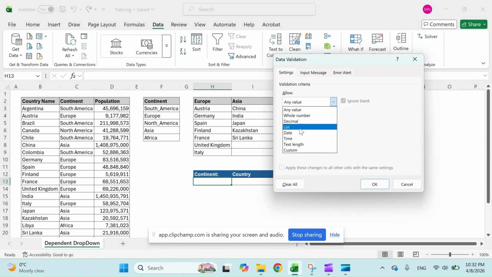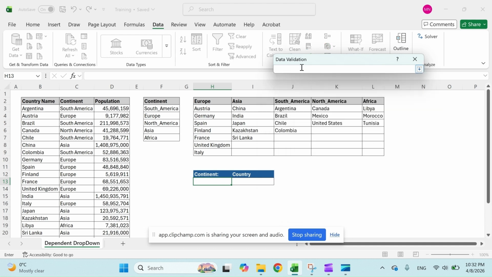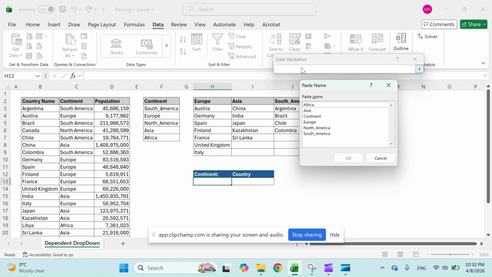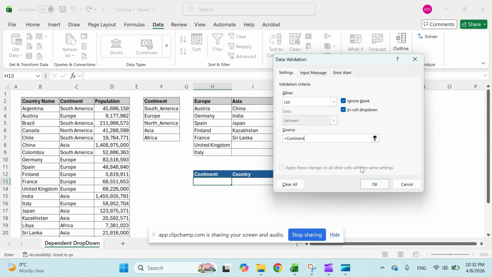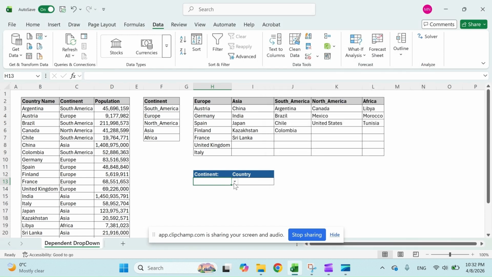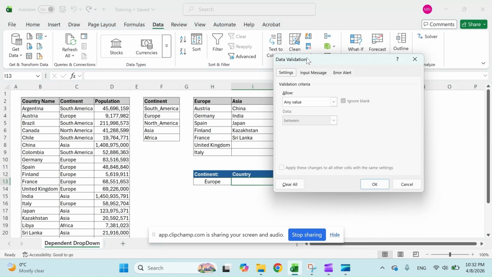We choose select, and here we can say equal to continent, or we can press F3 on the keyboard and select continent, click enter. Here we have the drop down list for the continent, and in the second drop down list we go back to data validation,